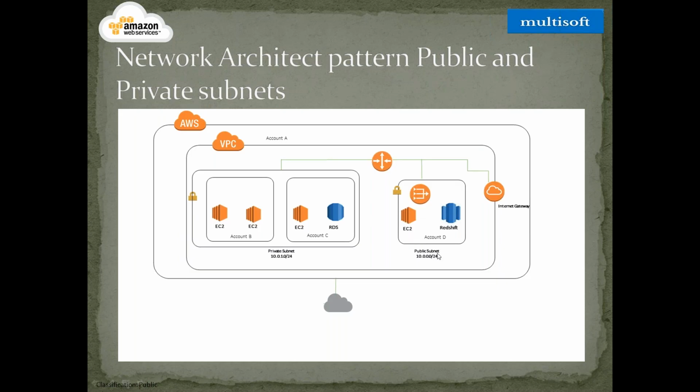Okay, why is it public? Because these services are now accessible from the internet as well. That's why it's called an internet gateway and public subnet. For example, I installed an Oracle database on an EC2 machine, and I want this Oracle database to be accessed by my clients or my customers across the globe.